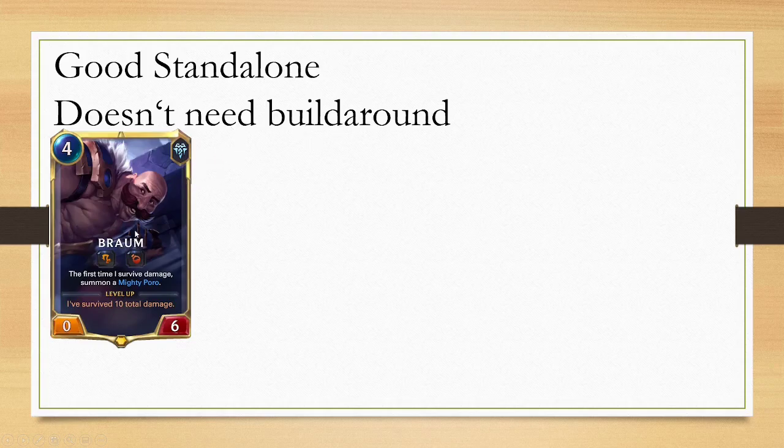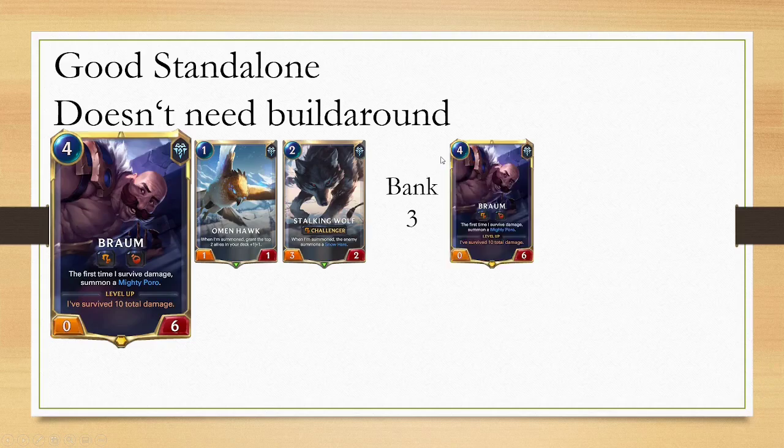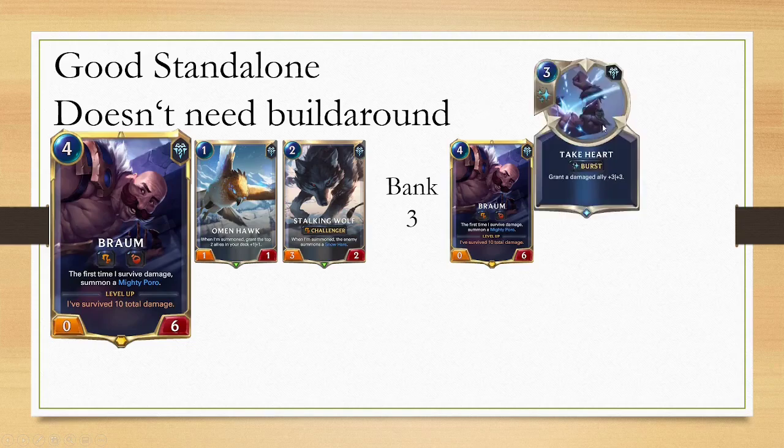If you want to build around Braum, there are 2 ways, either the Poros or the normal. For the normal build around, you would go for any 1-drop and 2-drop, and then bank 3 mana. You can also bank on 1 and 2, and then play a 3-drop here, doesn't really matter. And then you play Braum on 4 and have these 3 spell mana, and then you challenge something, and you can either go for the Take Heart card immediately, because Braum will be damaged, and then you have a 3/9 Braum